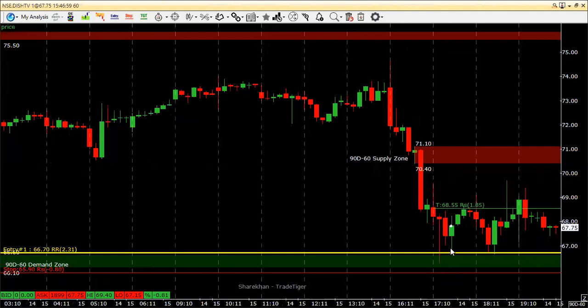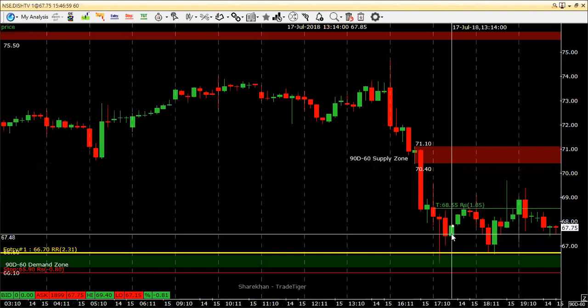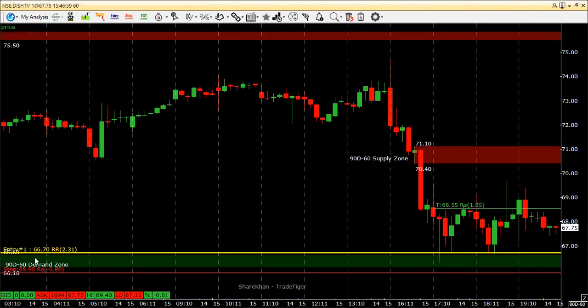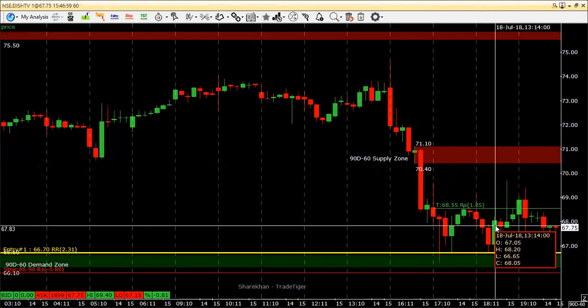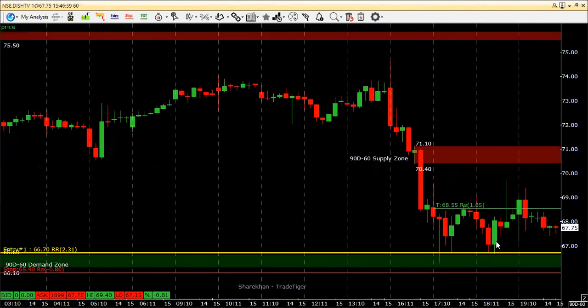The price came very close back to my entry price, where my stop loss is. I thought, okay, my stop loss is going to hit and this is going to be a break-even trade. But quite surprisingly, the price bounced back again, and it missed my stop loss by just 5 paisa. If you can see the low of this candle, it is just 5 paisa above my entry price, 70 paisa, and this was 75 paisa. So I did not get stopped out.